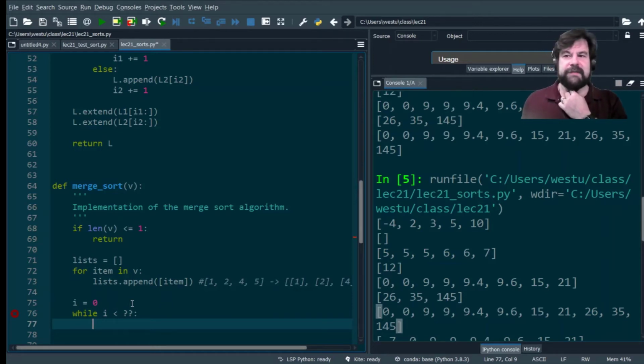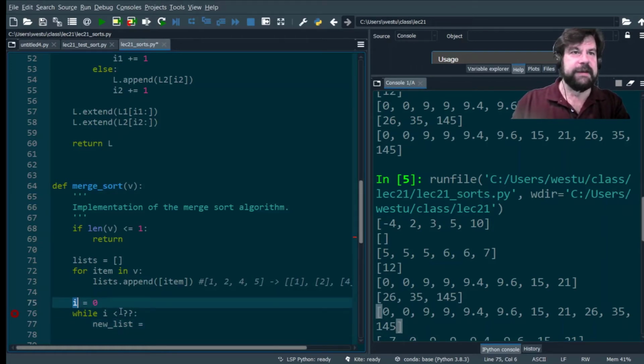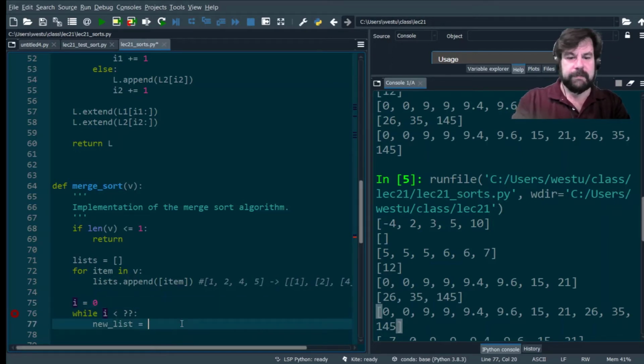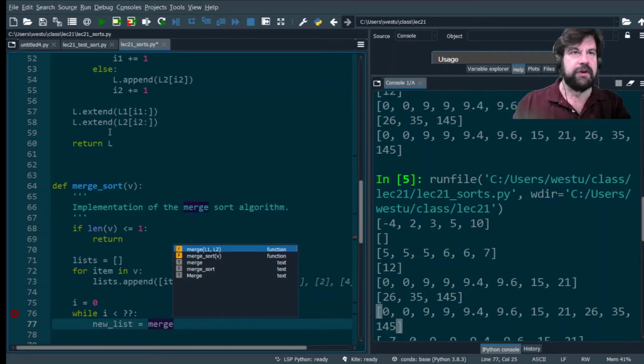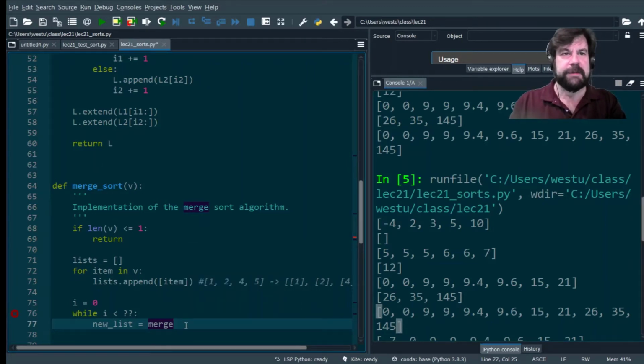And I do know how because I have the cheat sheet in front of me and I've done this a number of times. I'm going to pretend I don't know. We're going to create a new list. And our new list is going to be the result of merging the list at index I with the list at index I plus 1. Right? So we have our merge. Merge returns a new list the size of the combined lists we put into it. Right? So we can do our merge, and we're going to merge